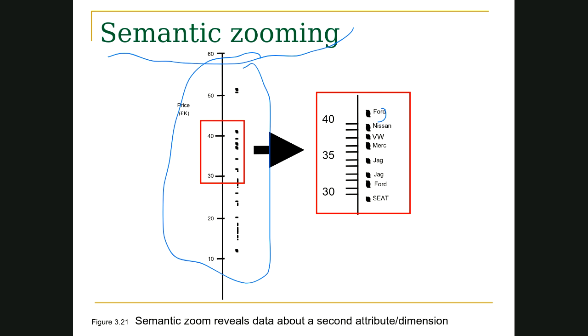Sometimes this semantic zooming can be very dramatic. I don't have to just add a label. I can add the picture of the car, make the picture show up. That's the main reason I have this here, but there are two dimensions here. The second dimension is the manufacturer. The first one, I think, is the price. So I have the price on one axis, and the second dimension, the manufacturer, will show up if I zoom in through semantic zooming. Now moving